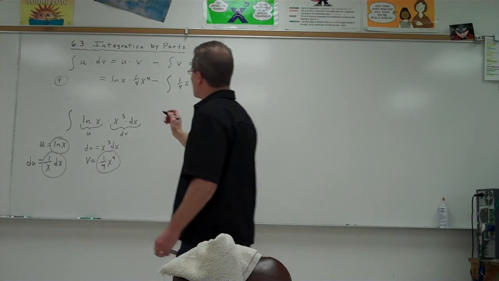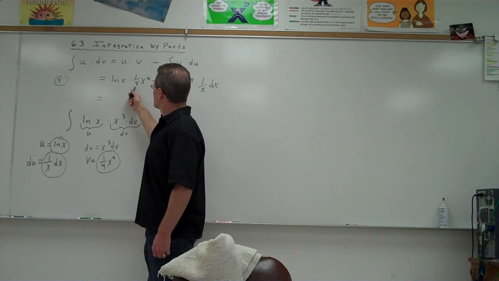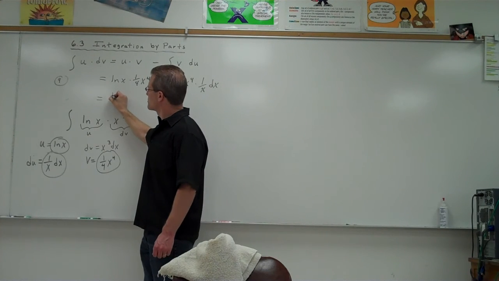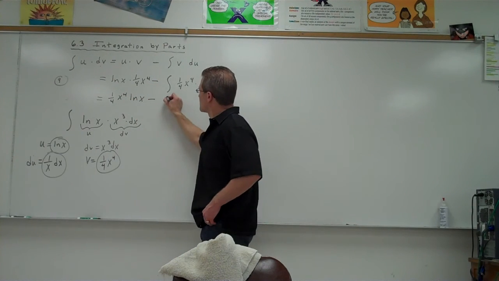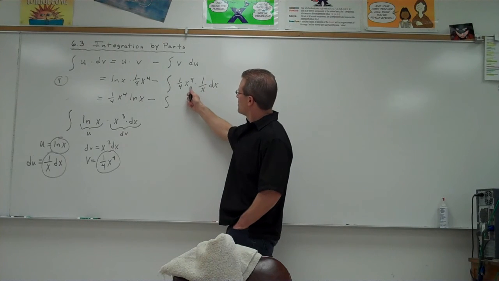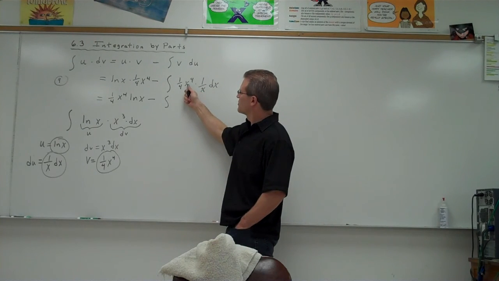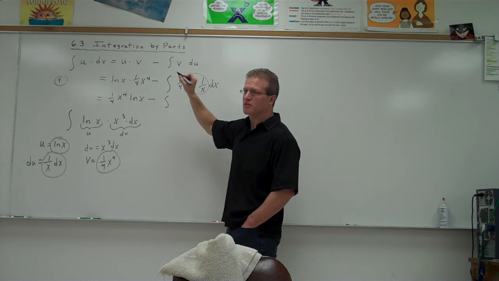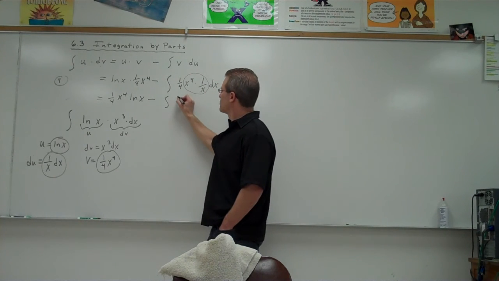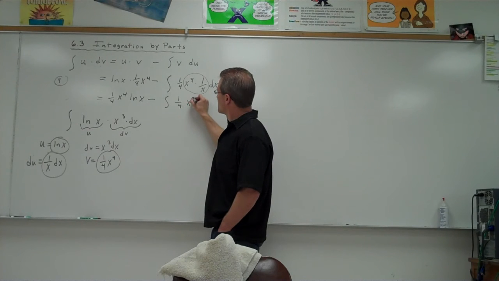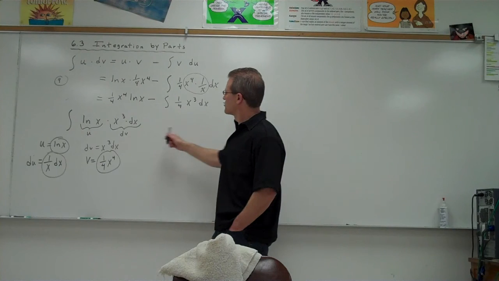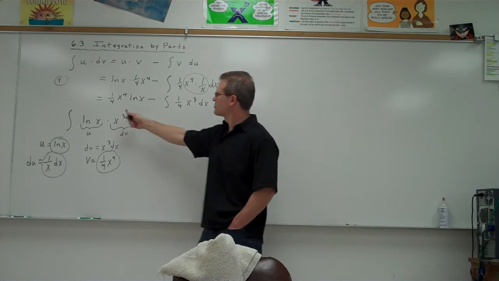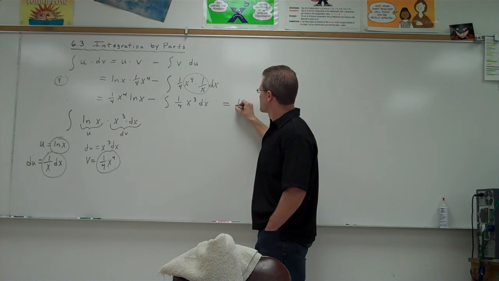Now let's simplify a little bit. I'm just going to rewrite this as 1/4 x to the fourth times the natural log of x. Just rearranging things a little bit to look a little nicer. Minus the integral of, let's combine here. If we're dividing by an x, what's going to happen if you combine this right here? It'll be x to the third. Right, so you're going to have 1/4 x to the third dx equals, I'm just going to move this to the right here, so 1/4 x to the fourth natural log of x